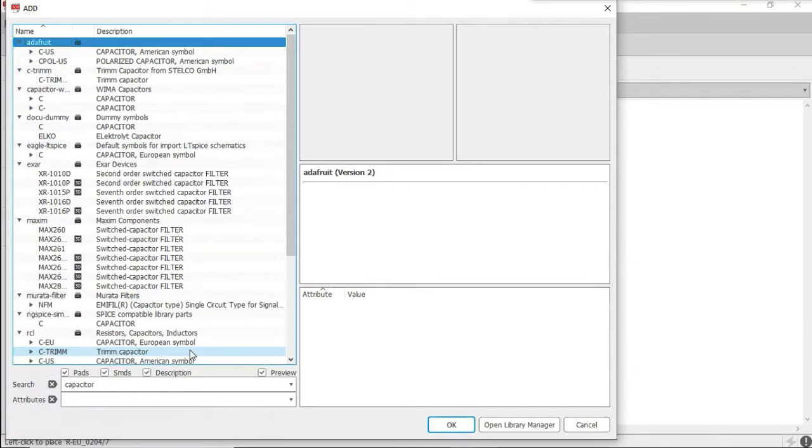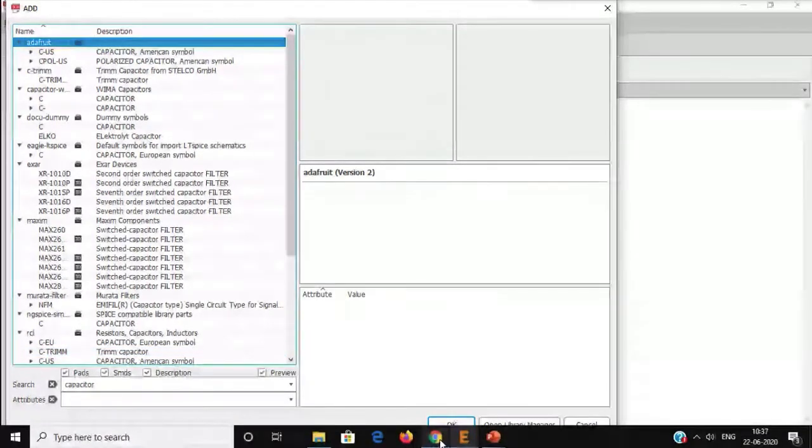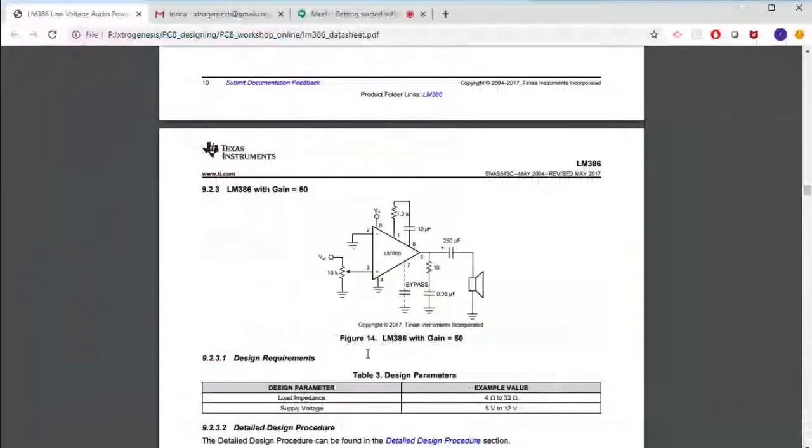One thing you need to know is that in this circuit diagram, the output capacitor is with the polarity plus sign. So whichever capacitor you use here should be with the polarity. So we will choose the capacitor with the polarity here.